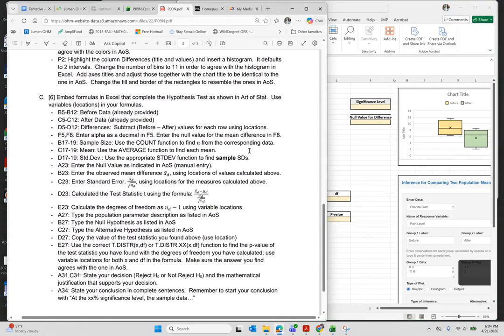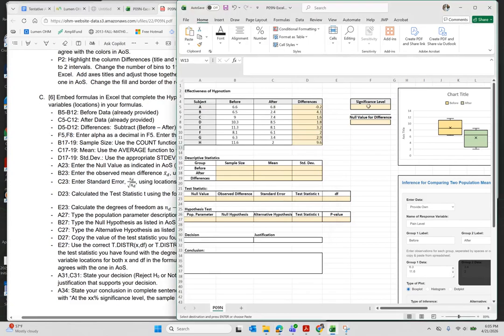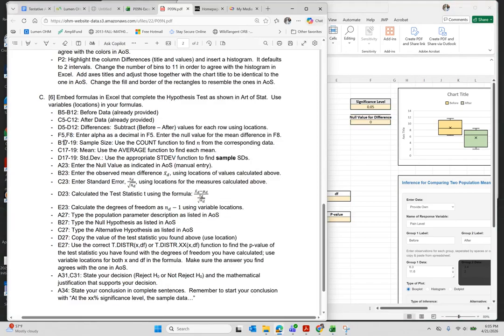In F5 and F8, enter the alpha as a decimal in F5 and enter the null value for the mean difference in F8. So the significance level is 0.05 and the null value for the difference is 0, which indicates the theoretical assumption that there was no effect of hypnotism. And then in B17 to 19, C17 to 19, D17 to 19, we want to calculate the sample sizes using the count function,